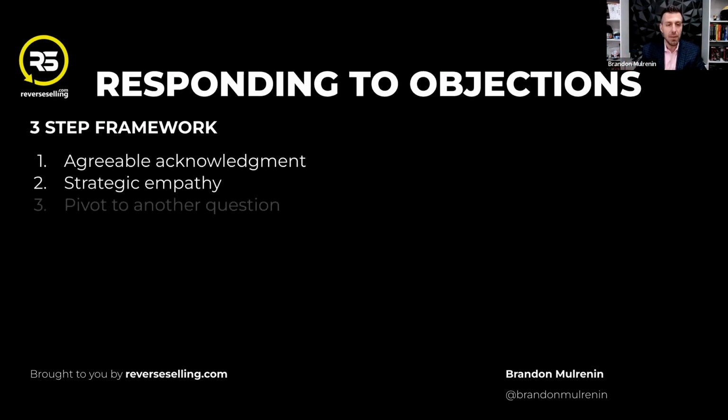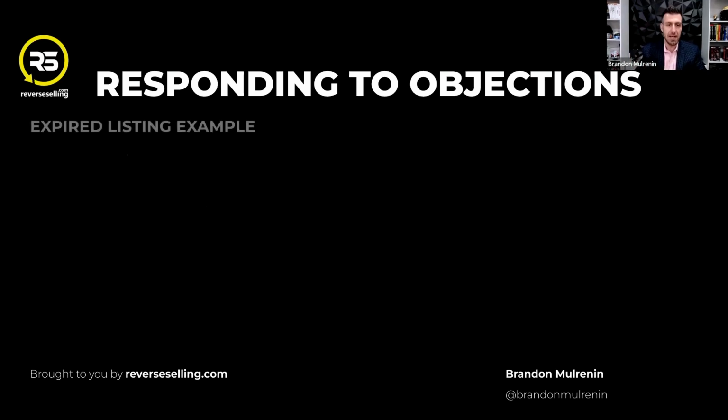And then number 3 is pivoting to another question immediately, without pause, without hesitation. This is how you control sales conversations, is by asking questions, okay? The one listening is in control. The one talking is out of control. Because think about this. When I ask you a question and get you to talk, who controlled that interaction? It was me that pulled on the string, right? So we have to pivot to another question immediately. Let me give you an example.